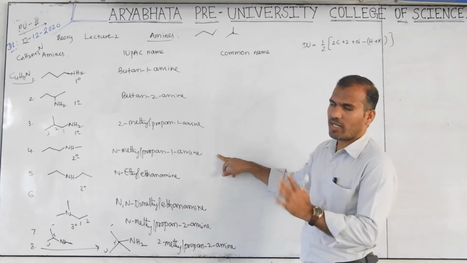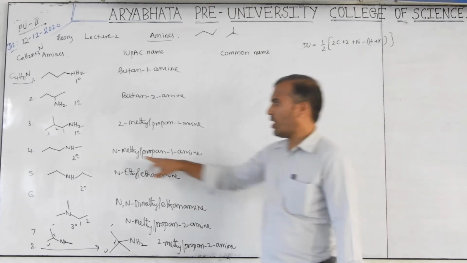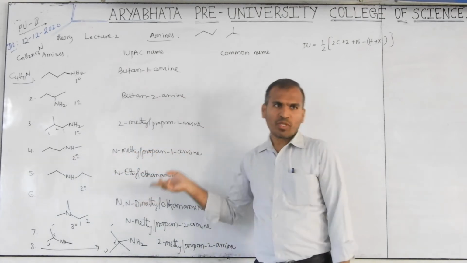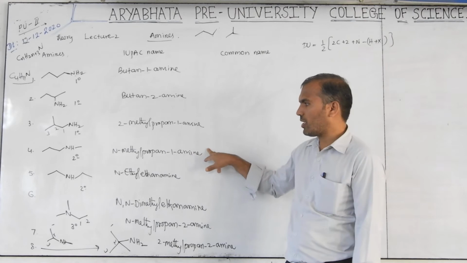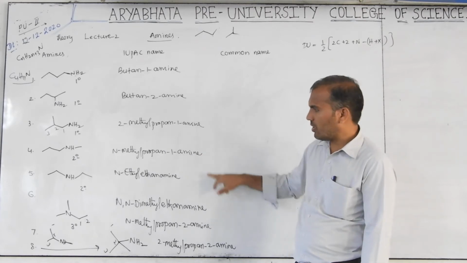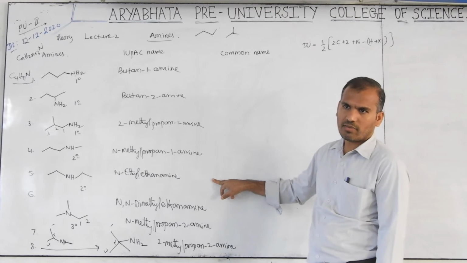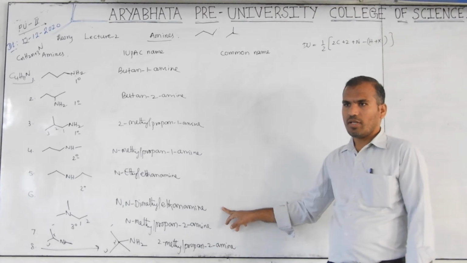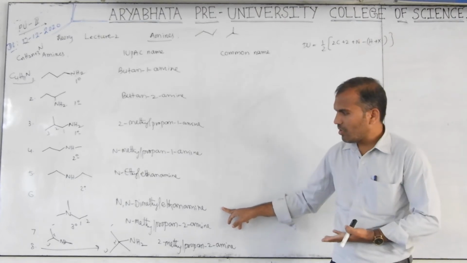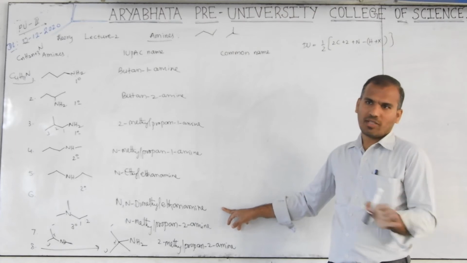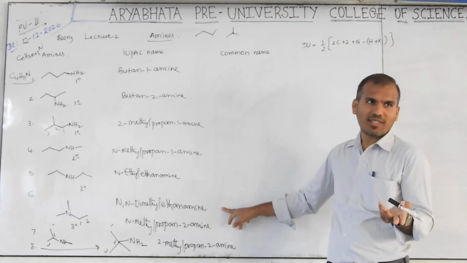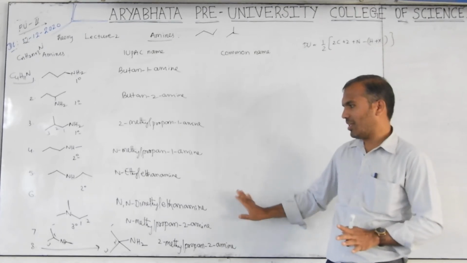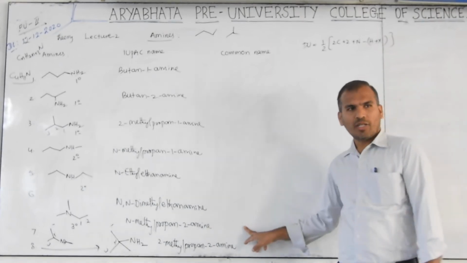In that case, we have to use the alkyl groups on both sides in alphabetical order. Right side methyl is there, left side propyl is there. M, N, P: M first, P next. So methyl propyl amine. This is diethyl amine. Here 2 methyl groups are there, and one is propyl. Some do not have a common name, then you have to leave it. Dimethyl ethyl amine is not that good, so leave it. Then here tertiary butyl, the last one.